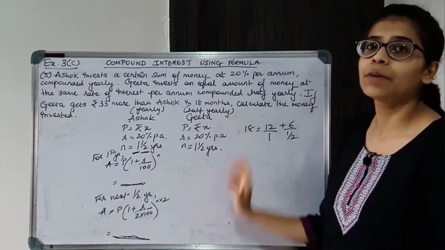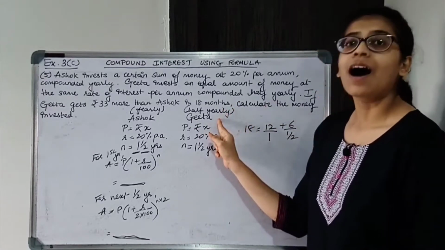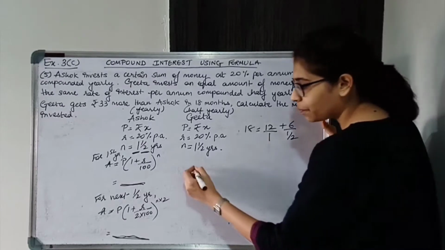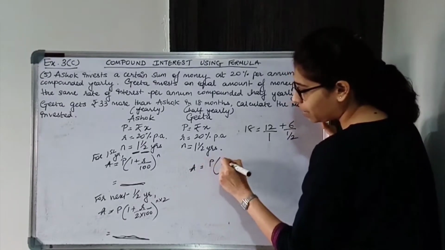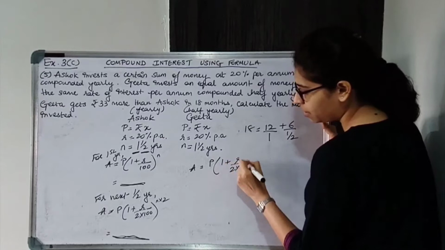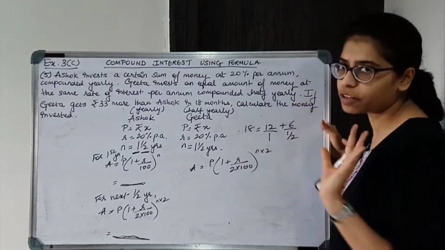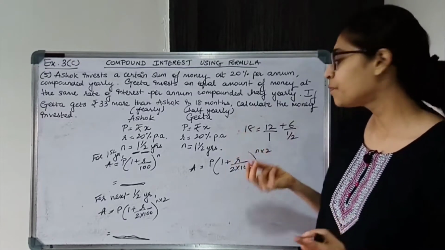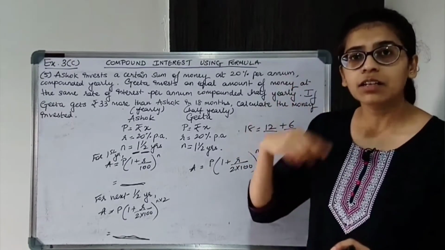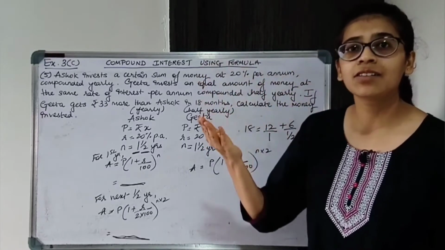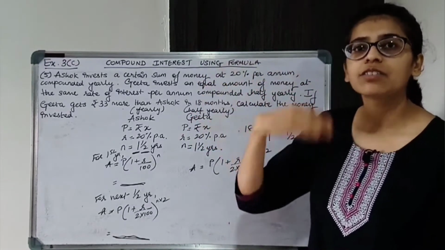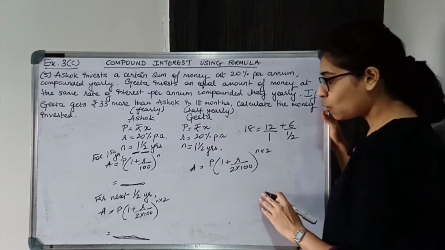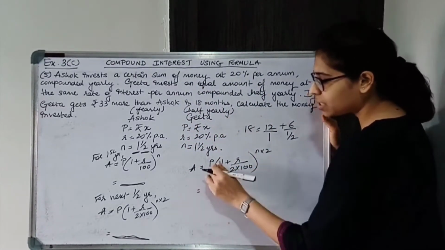Now coming to the second part, that is Geeta. It is half yearly. Over here for half yearly, what is the formula? It is P into (1 plus r upon 2 into 100) raised to n into 2. We know it is a modified formula, because the rate of interest becomes half for half yearly, and you are finding the compound interest twice a year. The interest will be given twice a year. So the amount will keep on changing. Over here you will just substitute the values.